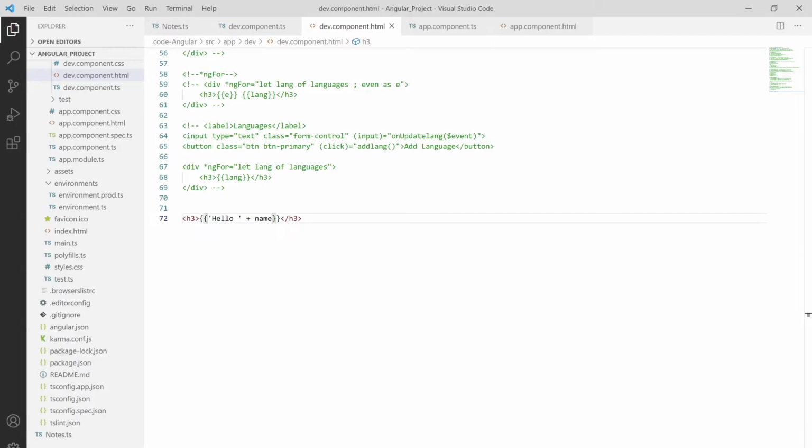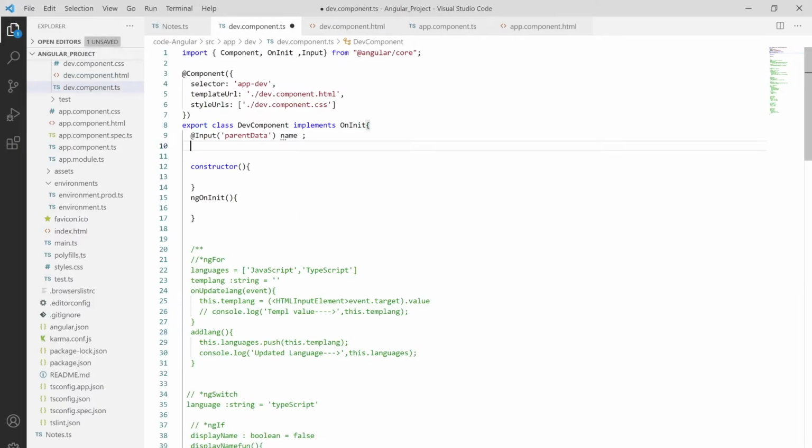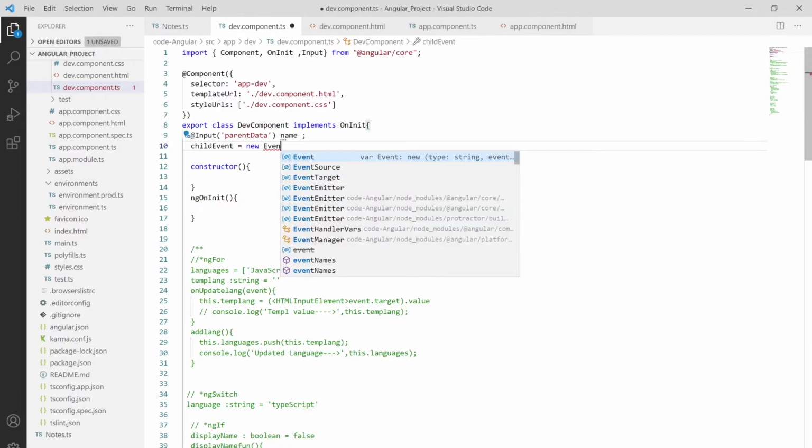In the event we are going to create an object of the emitter class and also import the same. So move to your dev component.ts, and here I'm creating that child event variable, and creating the object of the emitter class with new, assigning it as an event emitter over here.